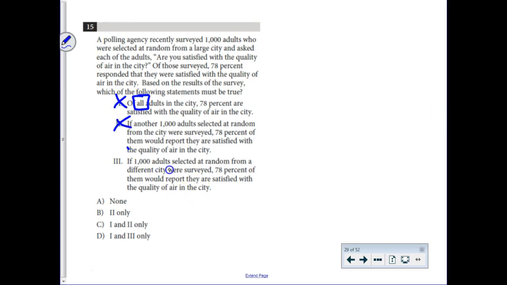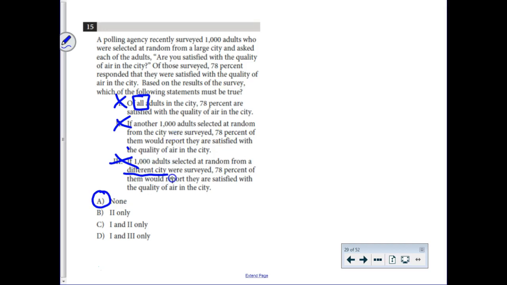If 1,000 adults selected at random from a different city were surveyed, 78% of them would report that they were satisfied with the air quality. That's a quick no on that one either. Please tell me there's an option where it says none of them are right. Very good. So the reason this was a no on this third one is because